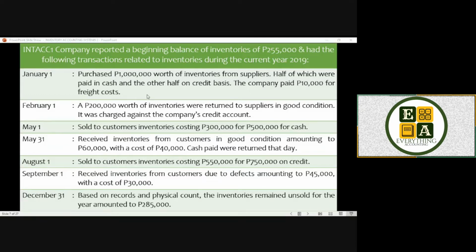Ibig sabihin ng first transaction, bumili na tayo ng inventories, nagkakahalaga lahat ng 1 million. Yung 500,000, which is yung kalahati, cash basis. Yung kalahati naman, 500,000, credit basis. And aside from that, nagbayad pa tayo ng freight cost or freight in cost ng 10,000. Freight in siya kasi related sa pag-purchase. Yung journal entry natin dyan,